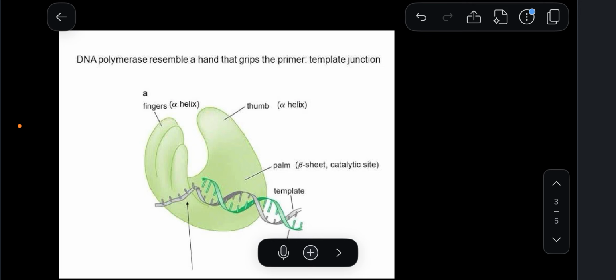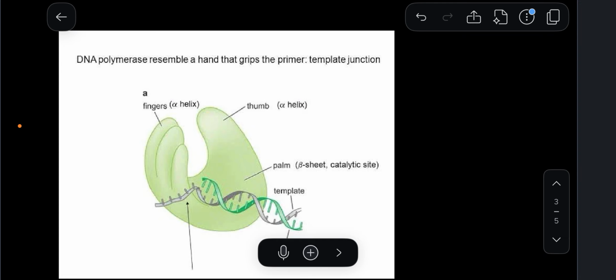Suppose adenine is present in the template strand, then thymine must be added to the growing DNA strand. So that complementarity must be present in DNA synthesis. When there is a mismatch between the base of the growing strand and the template strand,